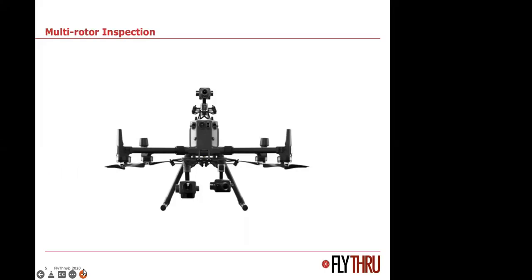So what do we use? We use a variety of multi-rotor and fixed-wing drones. This is our, I suppose, hardest worked UAV at the moment. It's the DJI M300. It's able to carry 3 payloads at once, including a lighting rig. We carry 2 cameras and a lighting rig normally. So we're taking a wide angle, a close up, and a thermal image 30 times per second using this system.